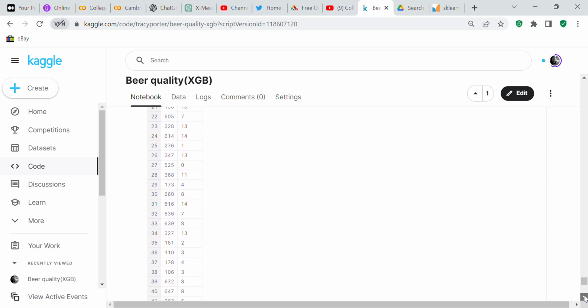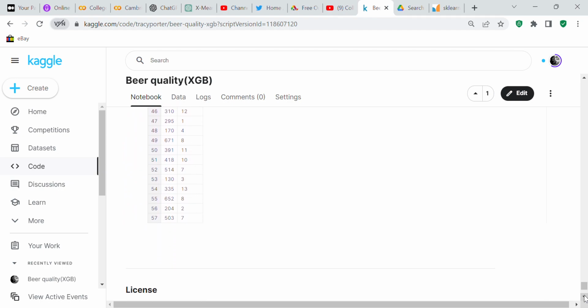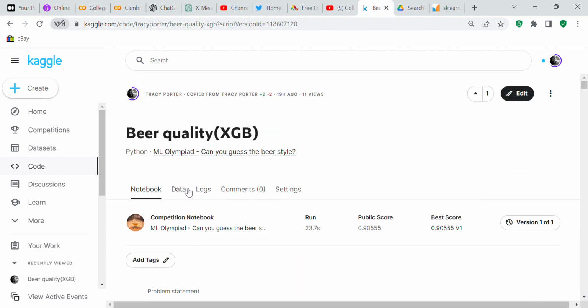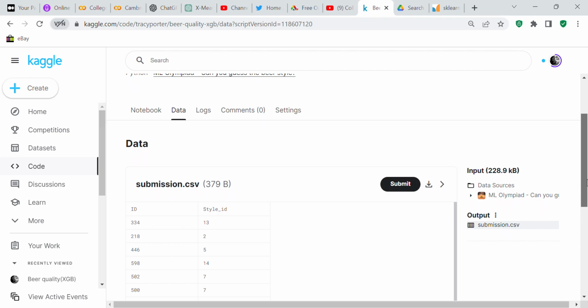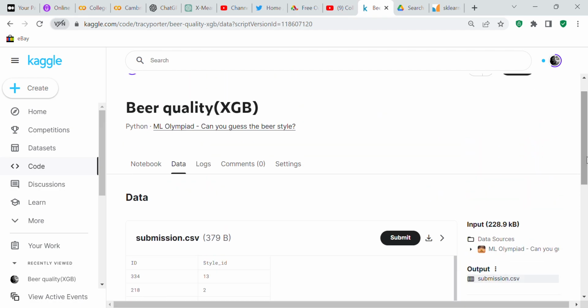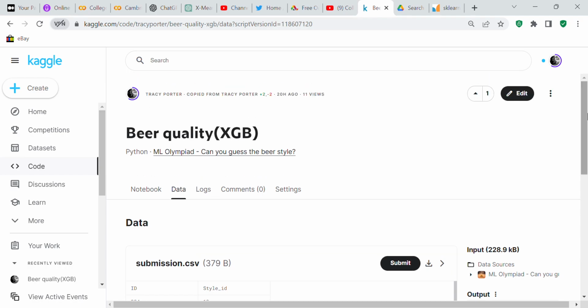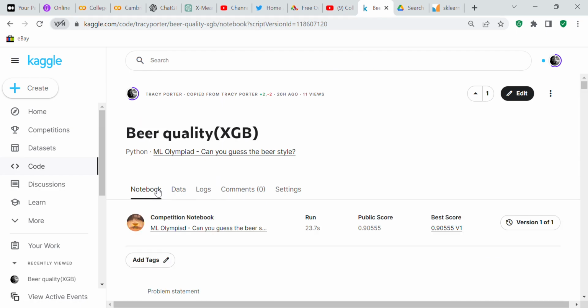And so this is what I submitted to Kaggle. And I saved it. And then whenever I saved it, I had my data. And then whenever I had my data, I submitted it. And then I submitted it again because they sent me an email and they said, oh, well, we had to change some information. And if you submit it again, it'll give you a good score. So I submitted it again, and it gave me a good score. It gave me a score of over 90%, 90.555%. So I'm happy with that.